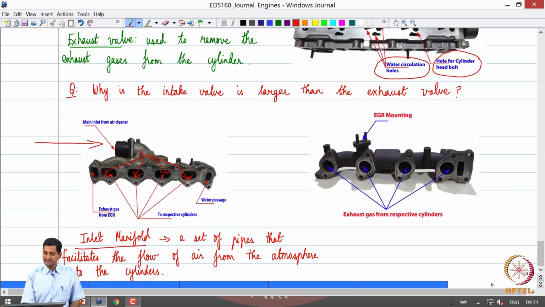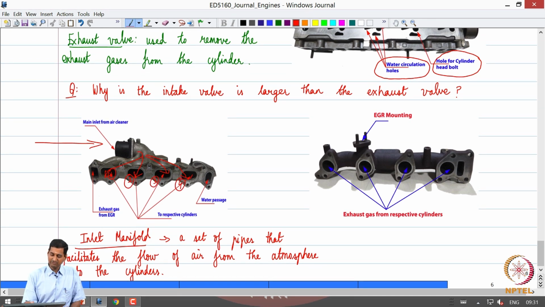So, you see that these are the paths through which they go to the corresponding cylinders. Once again, this picture corresponds to a 4-cylinder engine. Okay. So, that is what we have been considering when we looked at the cylinder block and also the cylinder head. You can see that there are 4 paths and you essentially go to the corresponding cylinder 1, 2, 3 and 4.